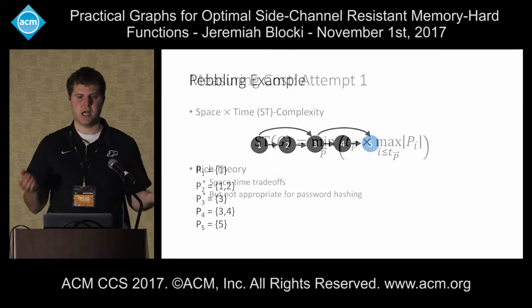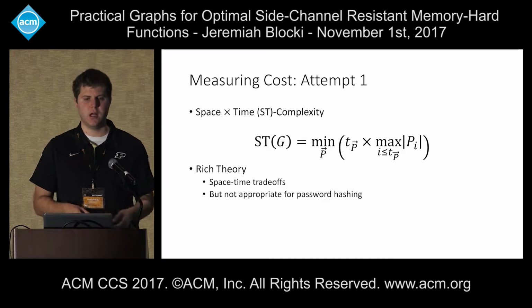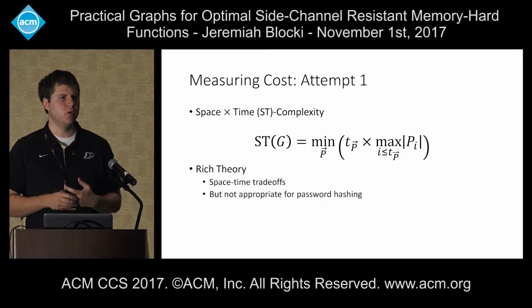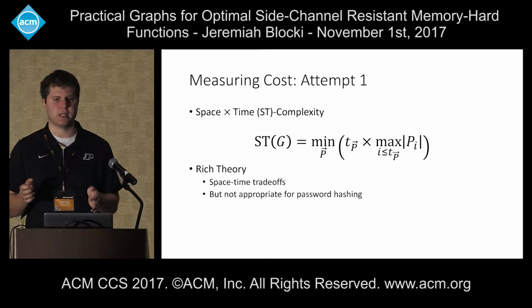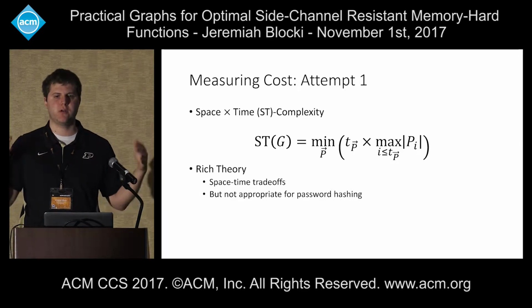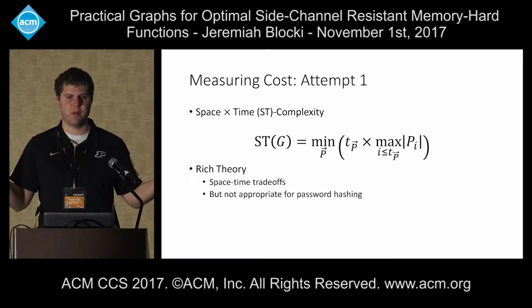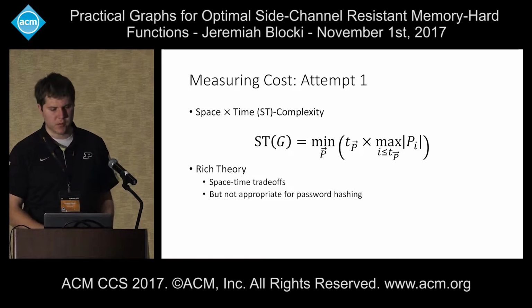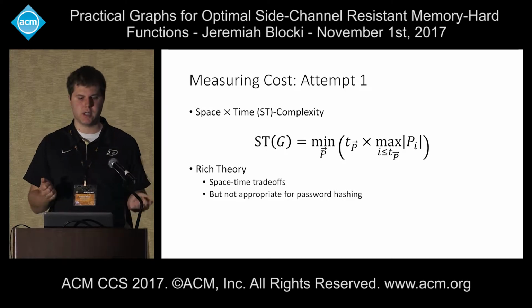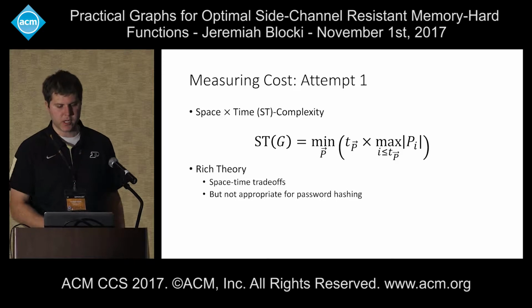So how do we measure the cost of a pebbling algorithm or an evaluation algorithm for this MHF? Now the first approach, which is kind of natural, is space-time complexity. Right, so space is the maximum number of pebbles on the graph at any point in time, multiplied by the total running time of this pebbling. So this is a nice metric, and there's a rich theory examining space-time complexity, but I claim that it's not